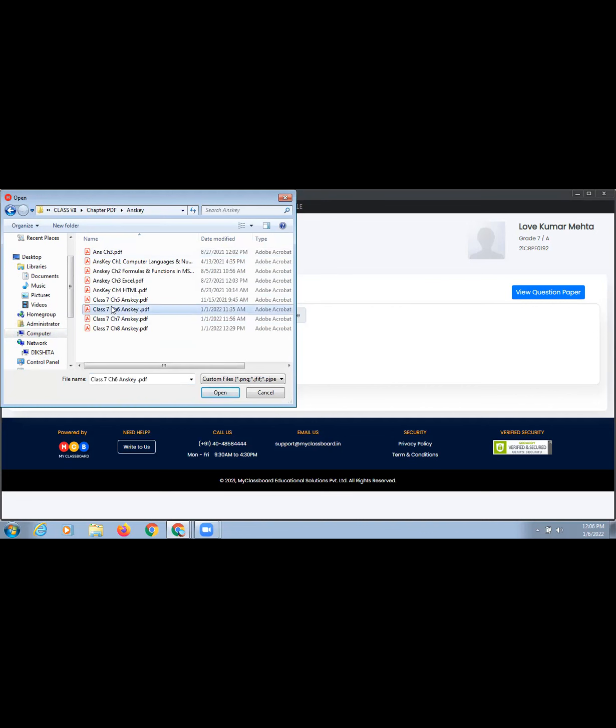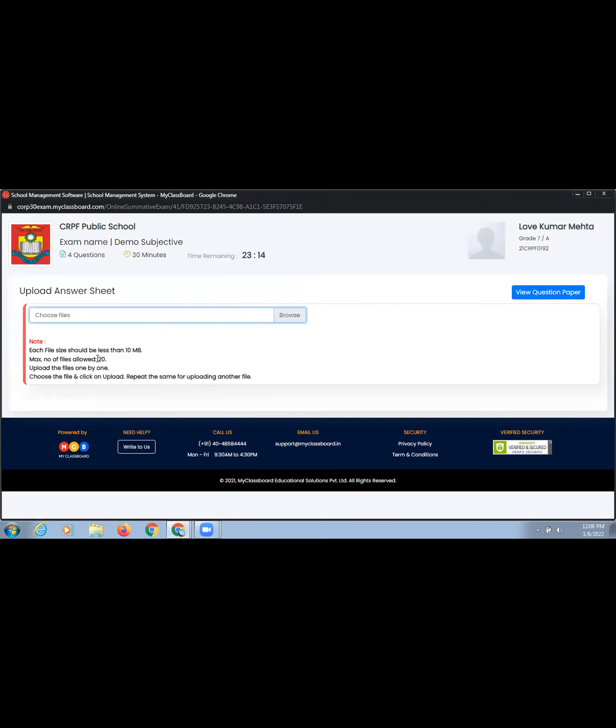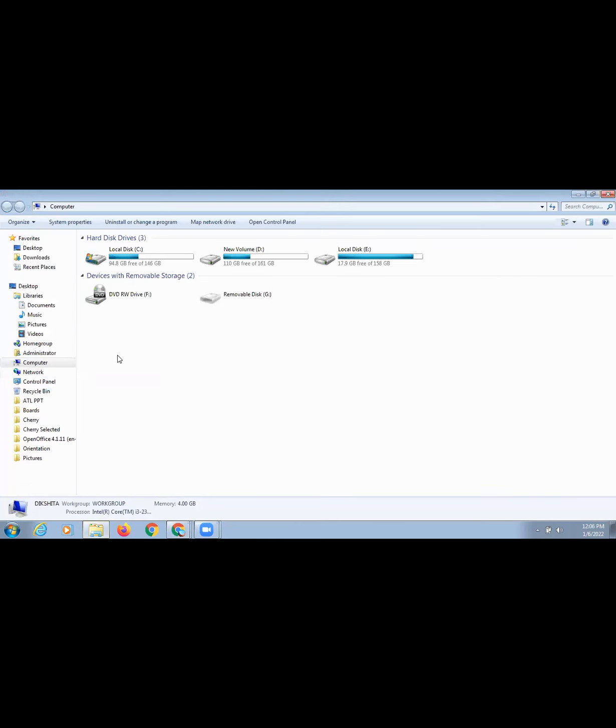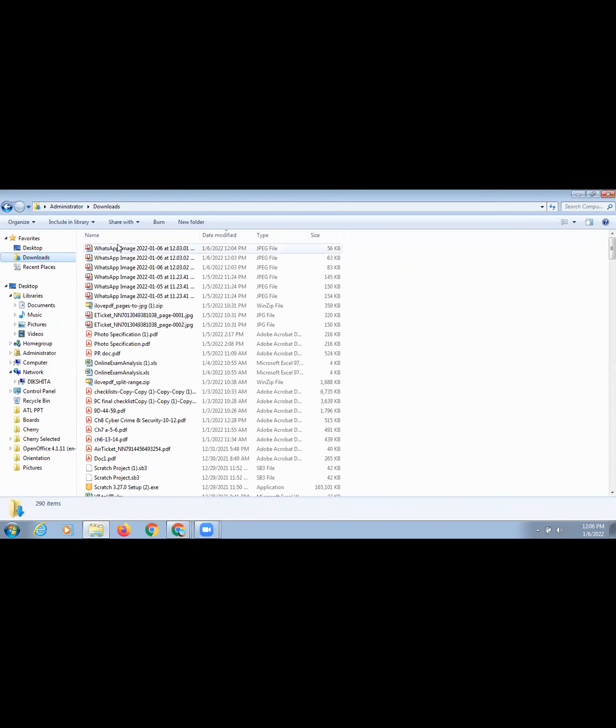Let's say this is one of the files which I want to upload. It is already in PDF. But what if I have something in the form of images? Okay, so these are the three images which I want to convert into PDF first, and then upload.